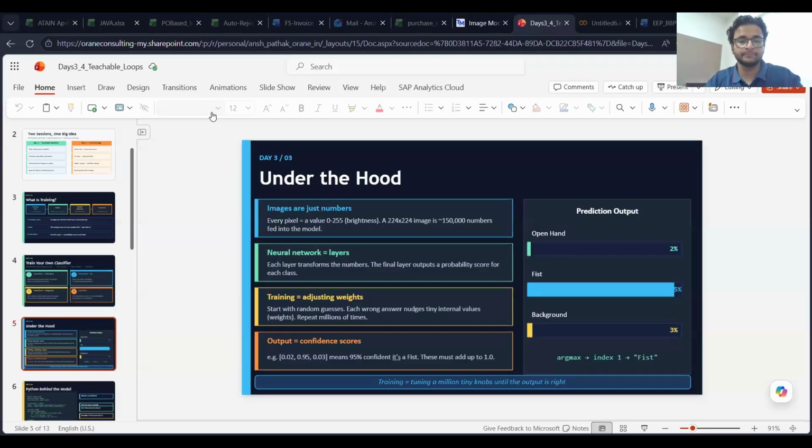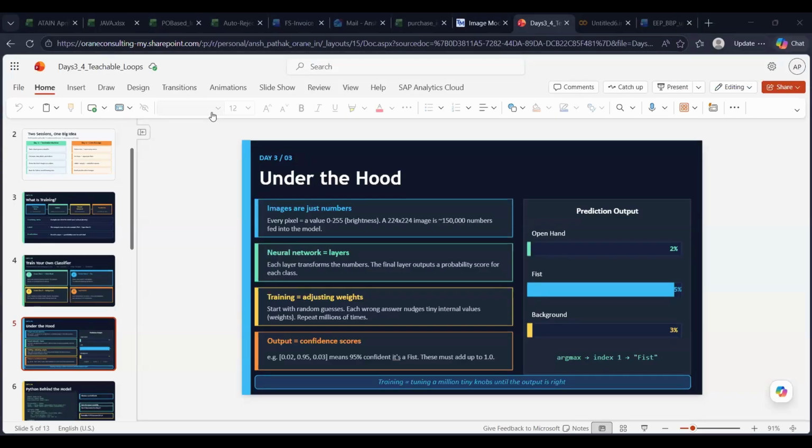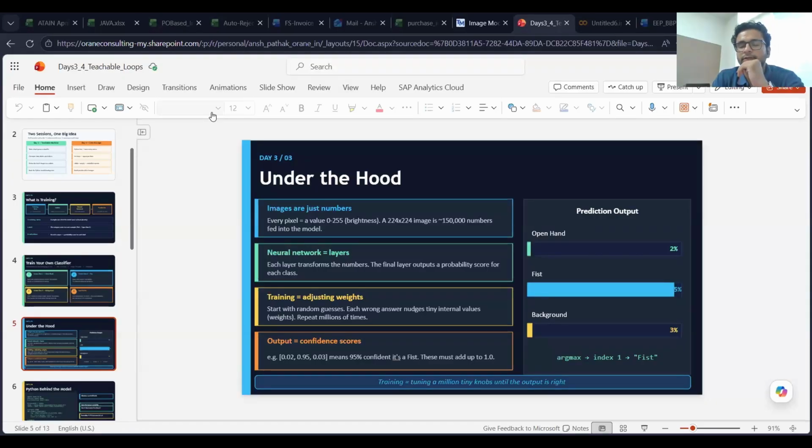Sir, I can't understand the neural network. Can you explain again? Okay. So I'm not explaining the exact technical aspect behind neural networks because it's pretty complex. But functionally, what it does is just calculate the probability. Basically, we gave four image classes to that particular model.